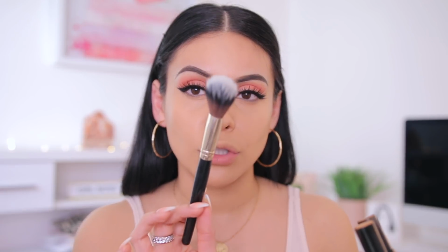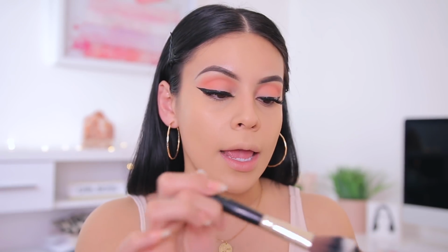So what I like to do is just take my 2 shades and I'll use a little duo fiber brush. This one's from LA Girl, and I'll just dip my brush directly into the sticks just like this. And you only need a little bit. You don't need to be heavy-handed with these products, especially these. They're so creamy and pigmented. I feel like most stick foundations can be a little too thick, but this is a really